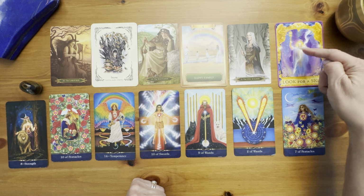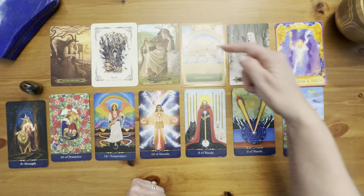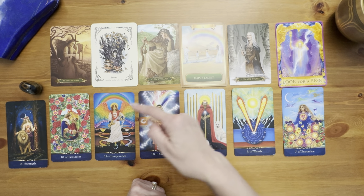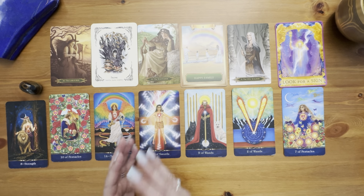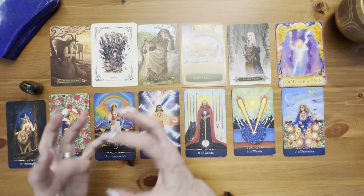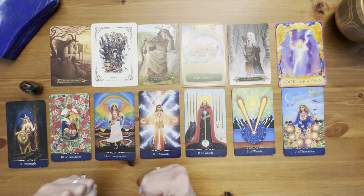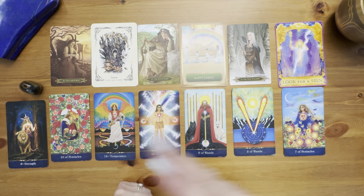We also see this bolt of lightning, and there's a rainbow here, here, here, and here. So rainbows as well may be a sign for you. Pile number 2. Really nice. You are completing one cycle and beginning a new one. You're really taking all these strengths that you already have and have really fine-tuned, and now leveling up,